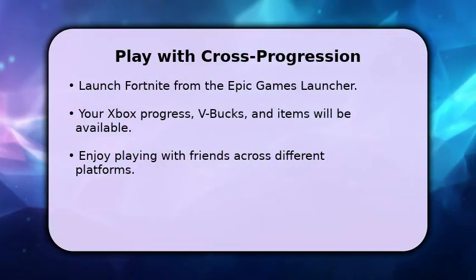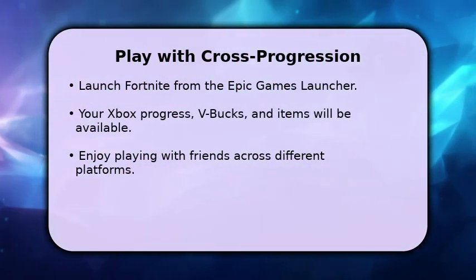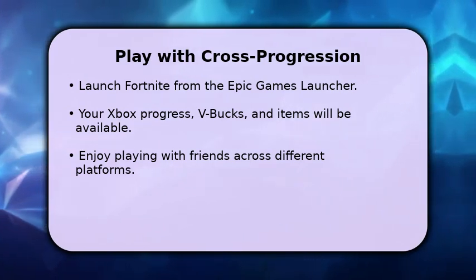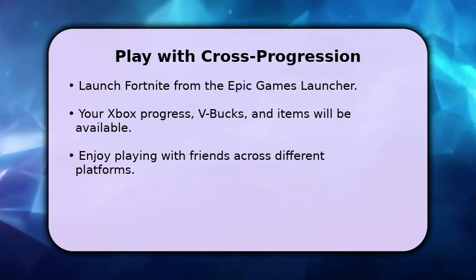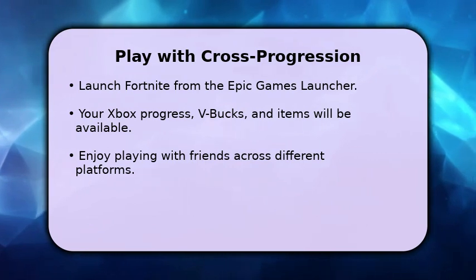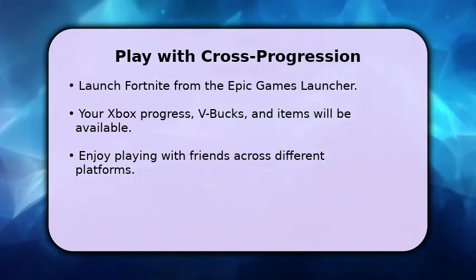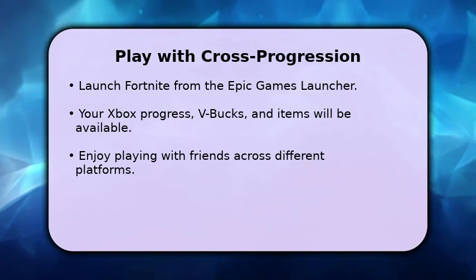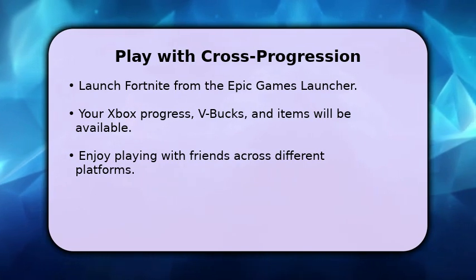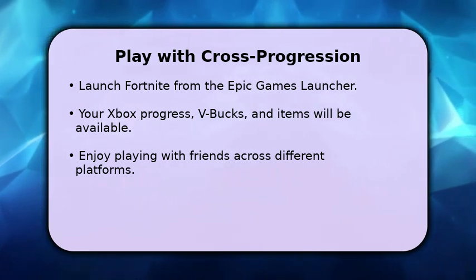With Fortnite installed and your accounts linked, you're ready to play. Launch the game from the Epic Games launcher. You'll immediately notice that all your Xbox progress, including your V-Bucks, skins, and Battle Pass level, is seamlessly available on your PC. This means you can pick up right where you left off. Enjoy playing with your friends, regardless of their platform, and know that all your future progress will sync effortlessly between